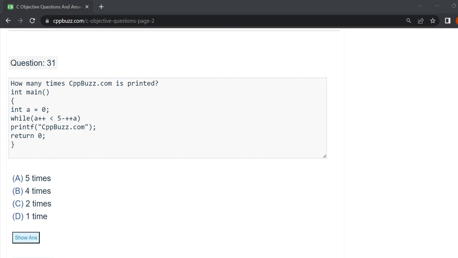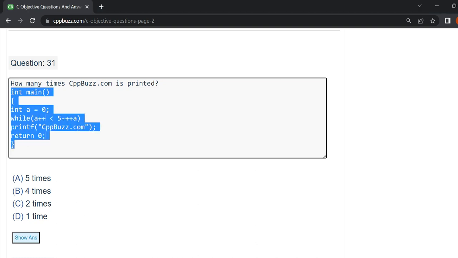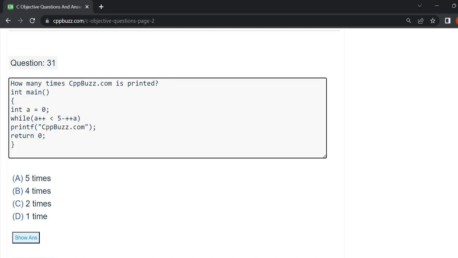Hi everyone, in today's video we will solve this program which is in C programming. The output of this program is it will print this message only one time. I will explain why it will print one time, but before that let's try compiling and running this program on Linux operating system. We will use GCC compiler,